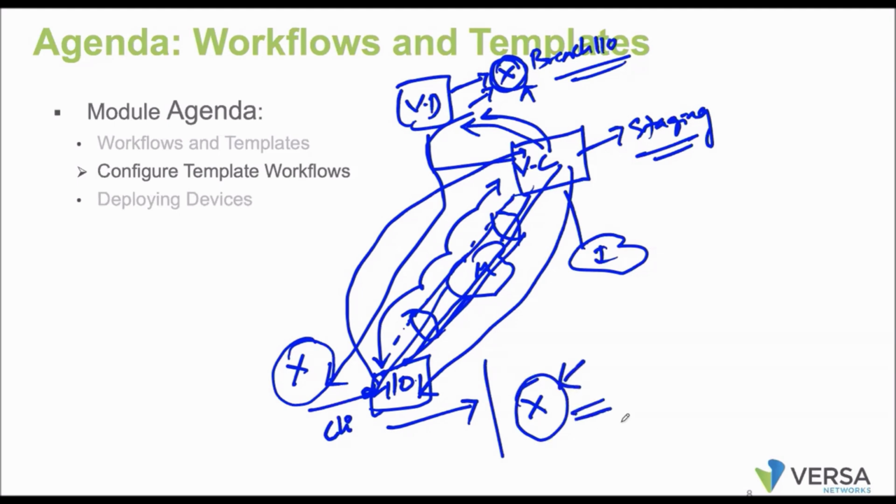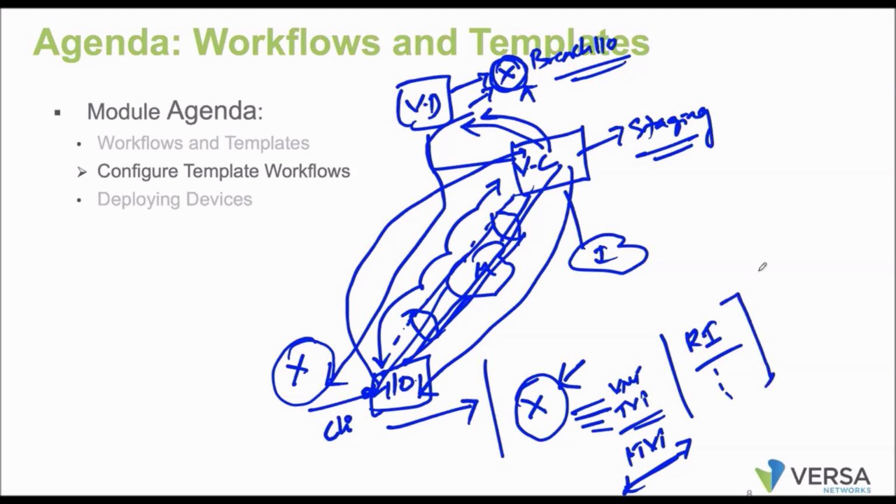With the active configuration, what all are we going to see? We'll find the interfaces with IP addresses. We'll find the TVI interfaces which are getting created. If the control plane is up, we are going to see the PTVI interfaces as well. Then the device comes up with its routing instances.